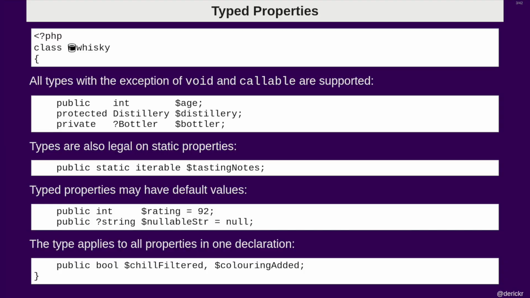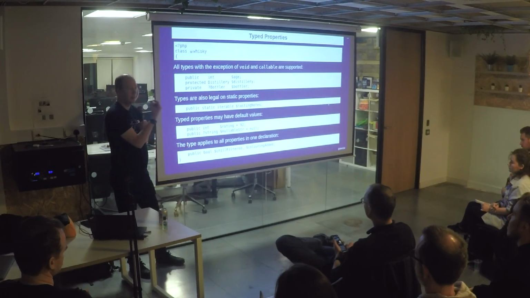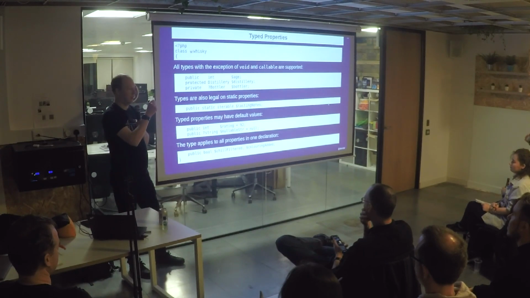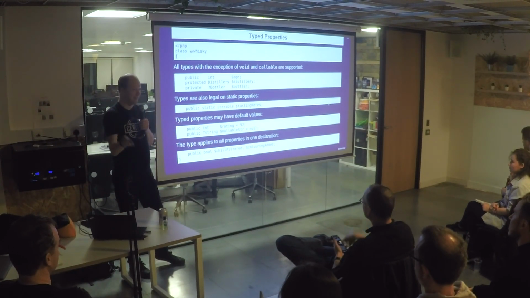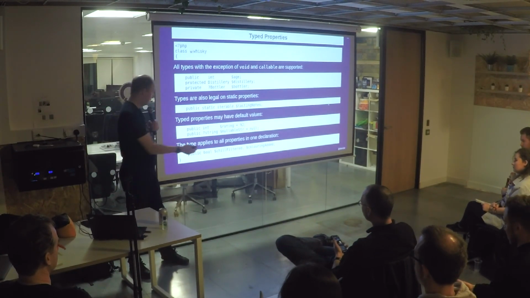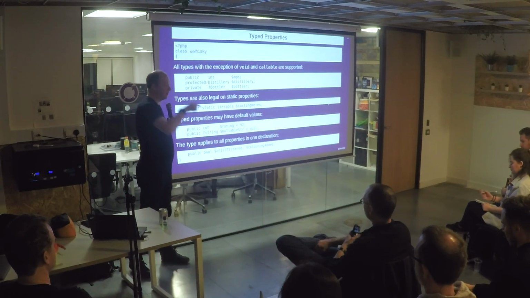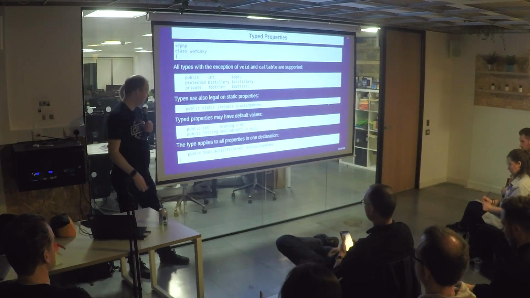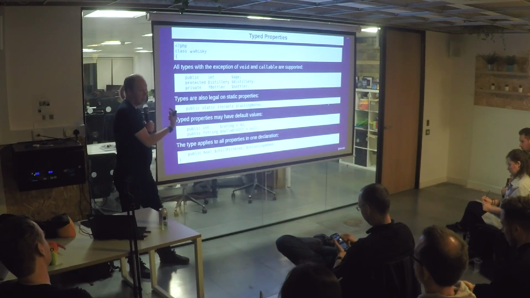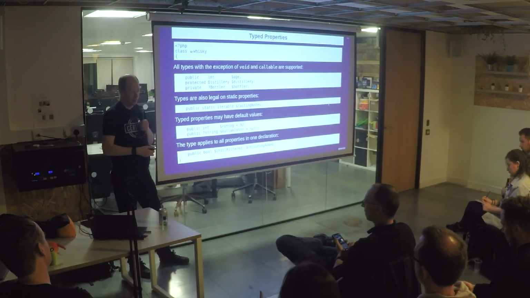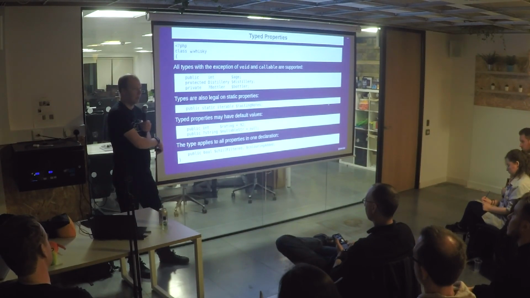And then, if you really want to, you can do multiple properties on one line, and the keywords will then apply for each of these things that are defined. That is exactly the same as PHP usually would do. The public keyword would always apply for everything on that line, and so will the bool type hint in this case. I don't think any coding standards actually allow for you declaring multiple properties on one line, but you can do it if you really want to in PHP.